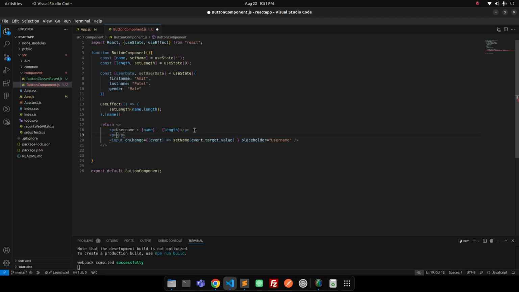Okay, we will have more example like old user name. We will do something combining first name and last name from user data. So user data dot first name, and